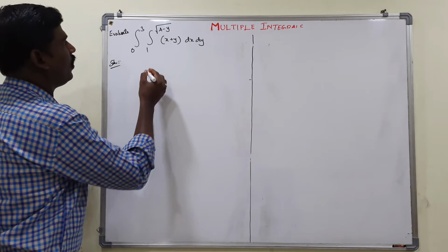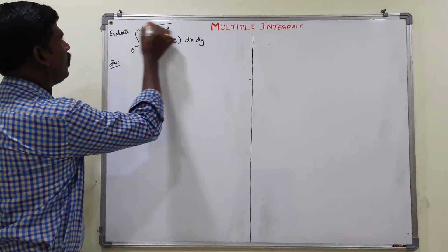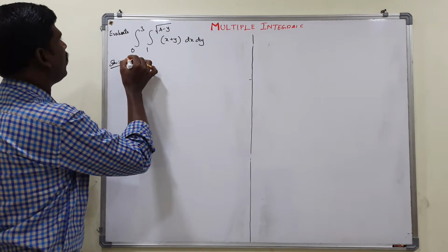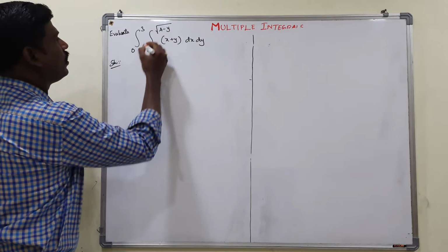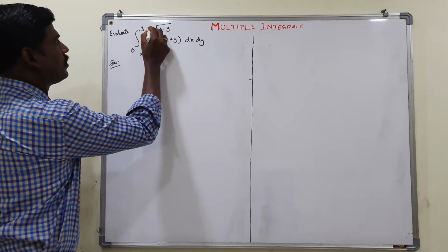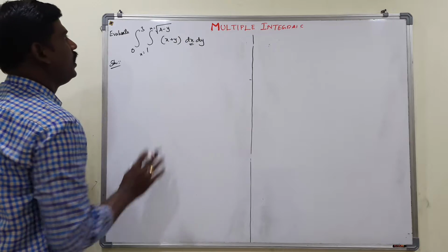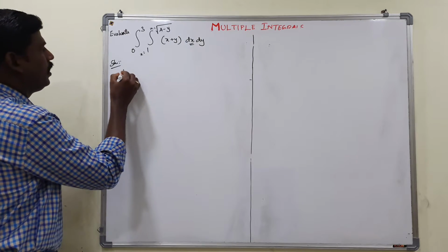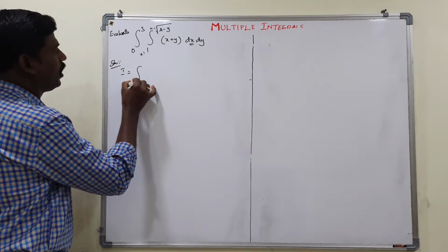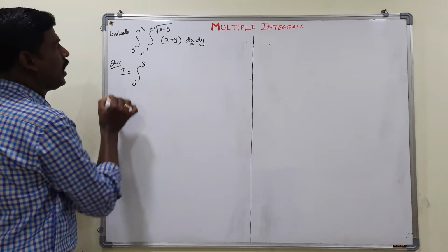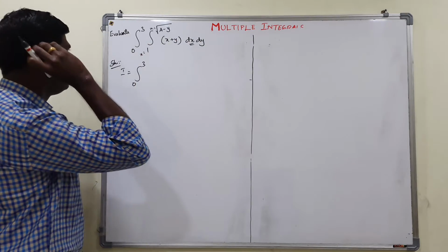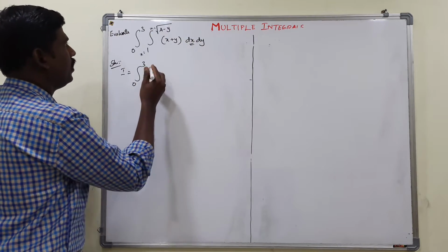Okay, so the given, look at the region of integration. It is a function of y, so it is the value of x. So we should integrate x first, so it is in the correct form, so directly you are going to integrate. Let us take the given integral as I, so integrate with respect to x directly, right?